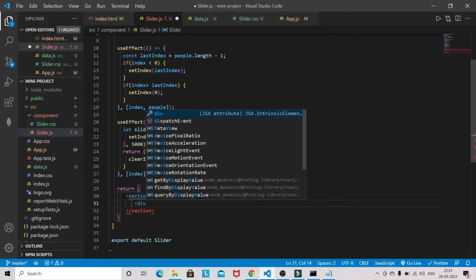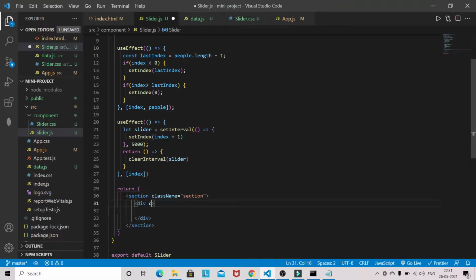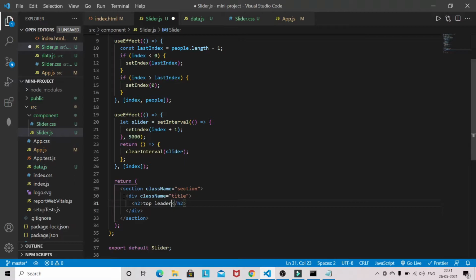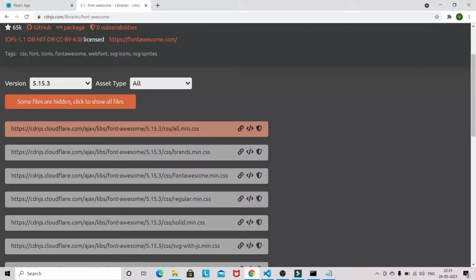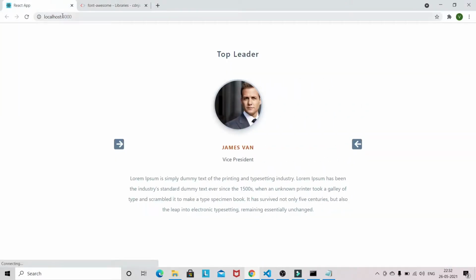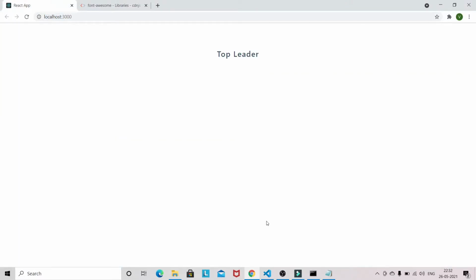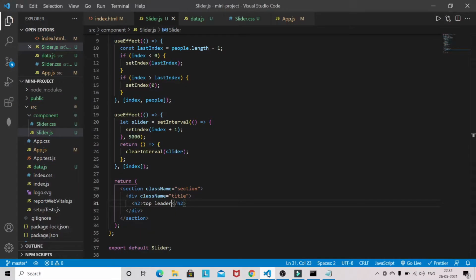Then we have a div with class name title, and an h2. I'll give it the text Top Leader. First let's see whether we are able to see something on screen or not. We'll implement it bit by bit.